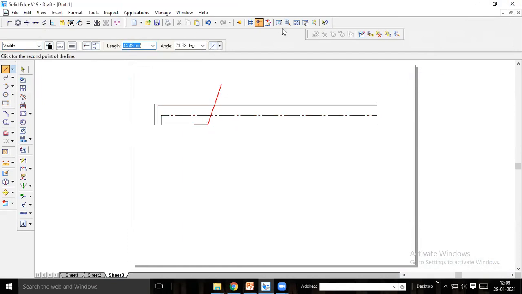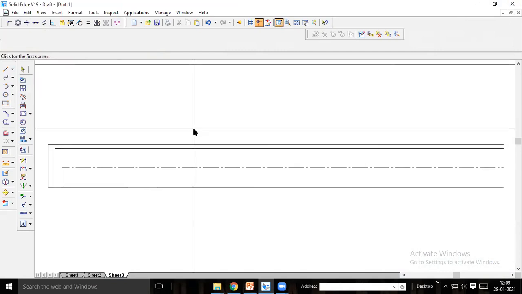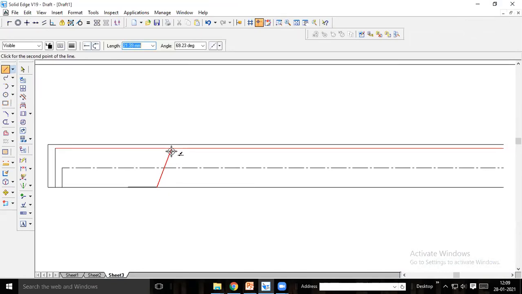What is the angle? The angle between the flank faces is 29 degrees, right? So this is 90. Half of the 29 you have to take. Earlier, when you were drawing ISO thread, you took 30. When you were drawing BSW thread, you took 55 divided by 2, which is 27.5. Here, 29 divided by 2 is only 14.5. The angle should be 90 minus 14.5 here. So this is very important.